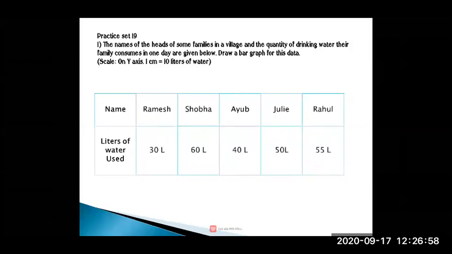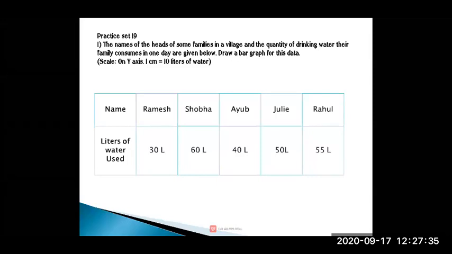Now here in this practice set, you are going to do the sums in a graph book. First, I will explain how you are going to do it, and then I will give you 5 minutes for constructing the graph in the graph book. I hope my instruction is clear for everyone. First, just see how you are going to do it, and afterward you are going to do it as I give you the time. Students who don't have the graph book can do it in the notebook.